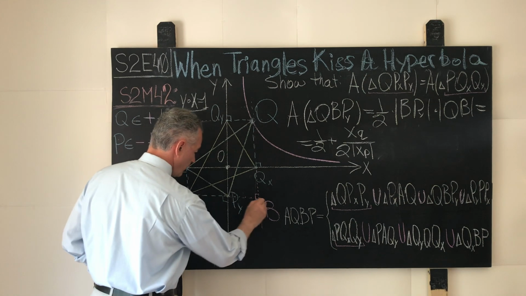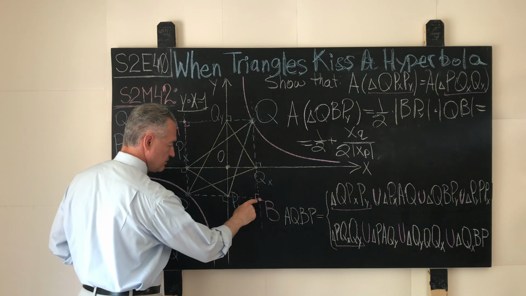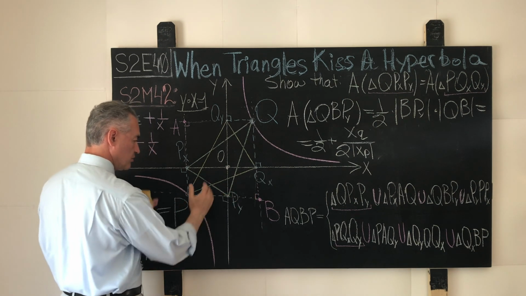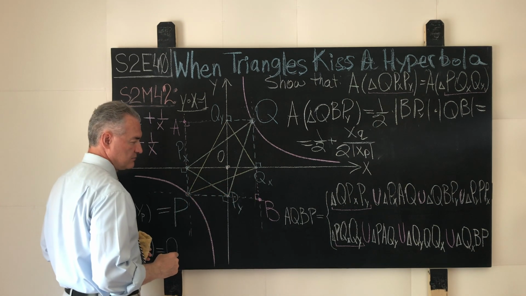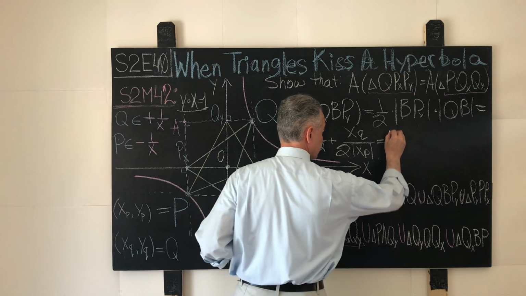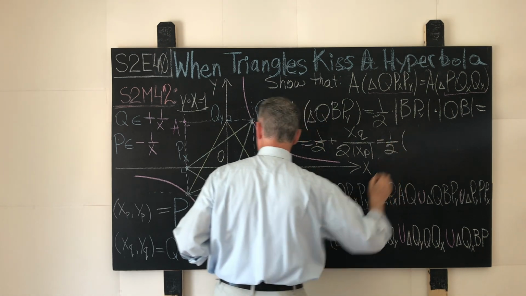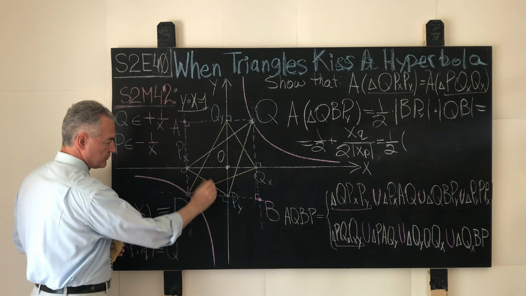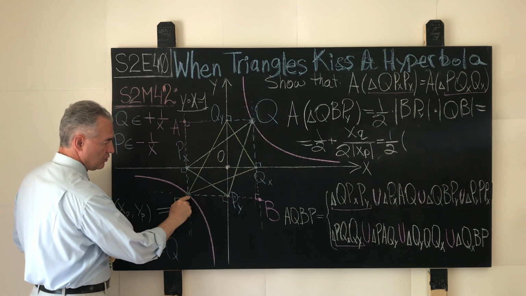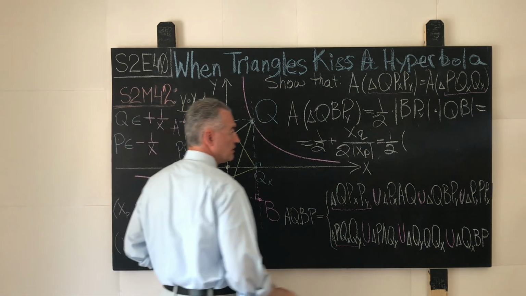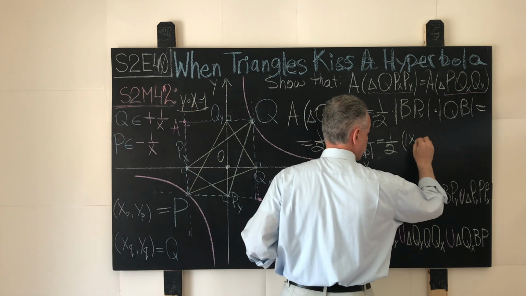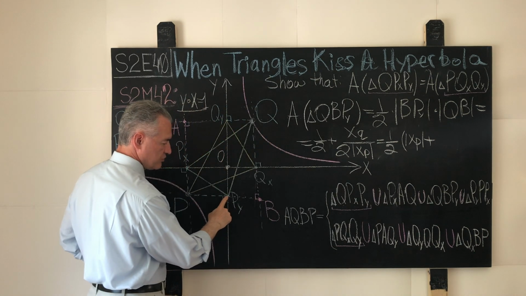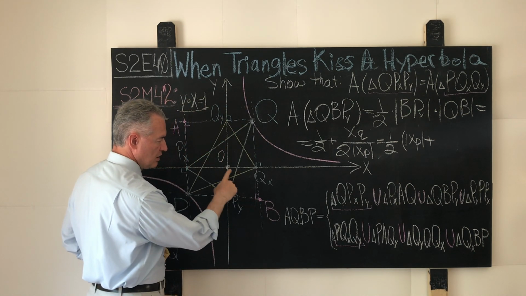The length of the line segment PB, which in this case is a composite quantity. If we want to keep things positive, what do we have to write? It's 1/2 over the sum of what? Absolute value of xp, plus